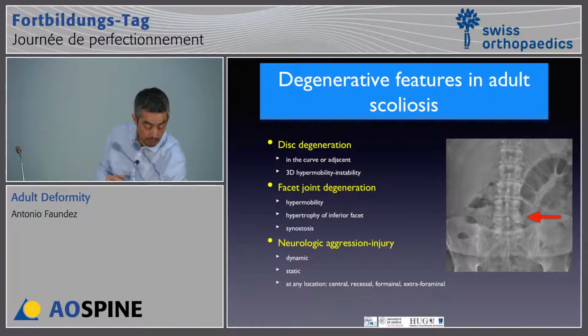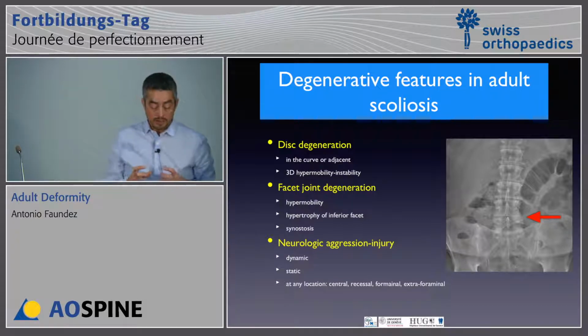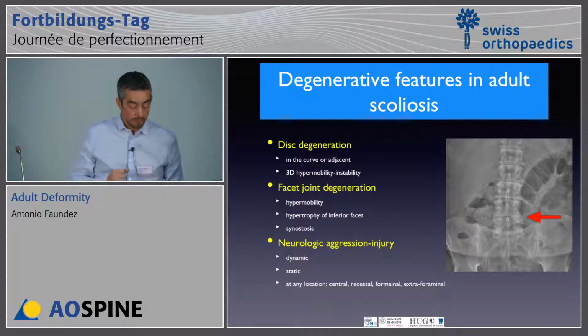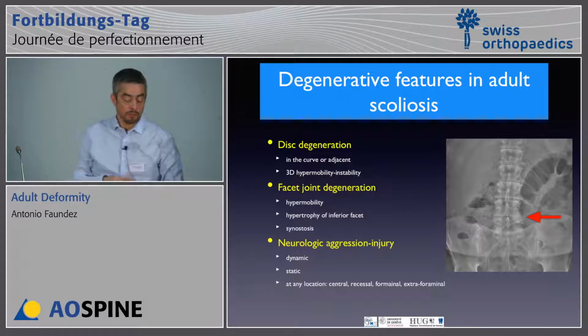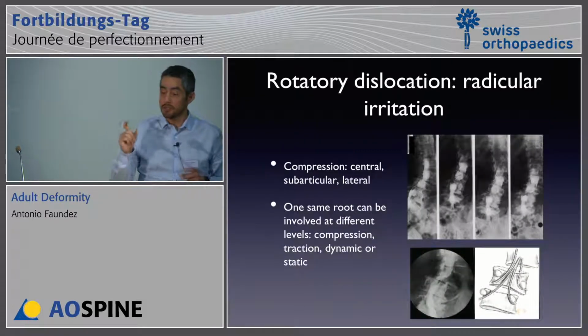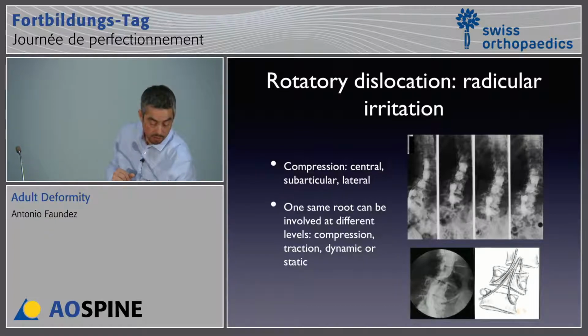You have three-dimensional hypermobility, instability. You have facet joint degeneration, which can be hypermobile, but they can also be very stiff because of osteophytes. You can have neurologic aggression or injury, which can be dynamic or static, and at any location: central, recessal, foraminal, extraforaminal. Rotatory dislocation is really the main feature of degenerative scoliosis, and it's very important to understand the mechanics